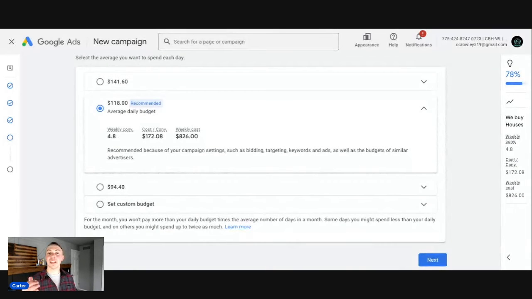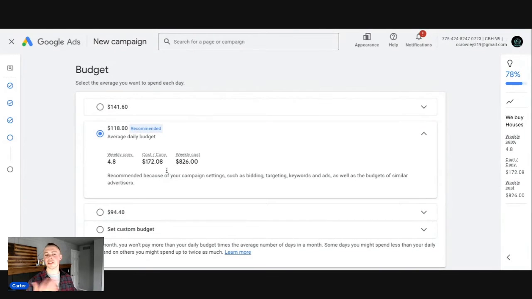So after you build out those other ad groups, then you get to decide your daily budget. Of course, Google is going to have recommendations for you. Why wouldn't they? Now, do you have to follow their recommendation? Of course not. You pick what works best for you. However, I would recommend at least a minimum of $60 per day before you even begin to think about running a